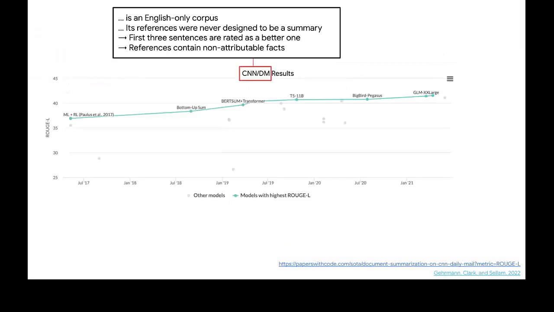Well, now let's take a closer look at the ingredients of this pipeline that only has two ingredients. Starting with CNN Daily Mail, the first thing we notice is that CNN Daily Mail is actually an English corpus, which means that we already have to revise our statement. We're not measuring progress on summarization, we're measuring progress on English summarization.